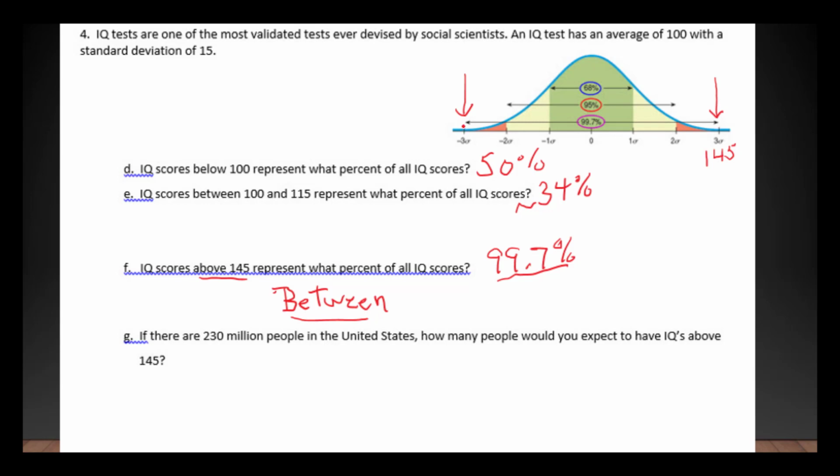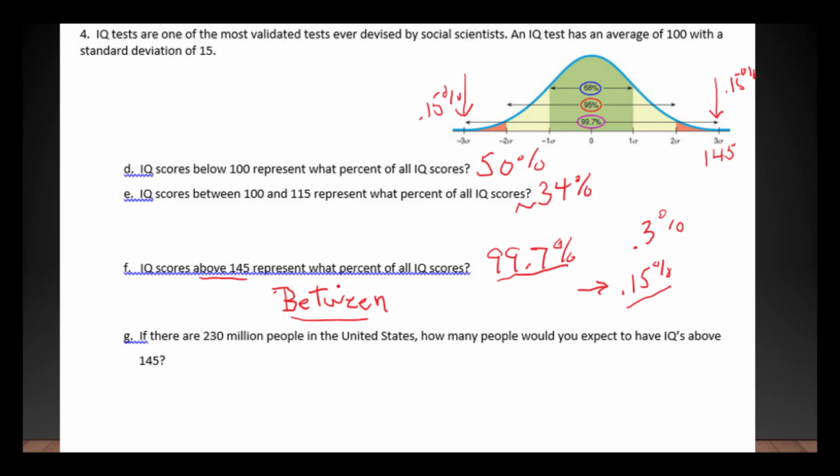So that means if we take what's left, which is 0.3%, that means 0.15% is beyond -3 standard deviations, and 0.15% is above 3 standard deviations. So there's your answer,